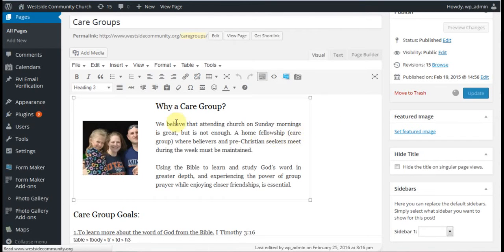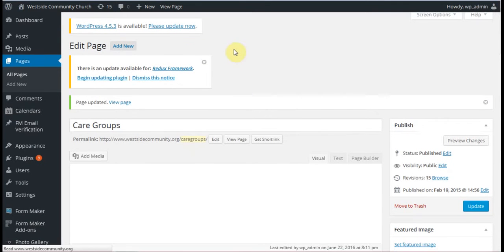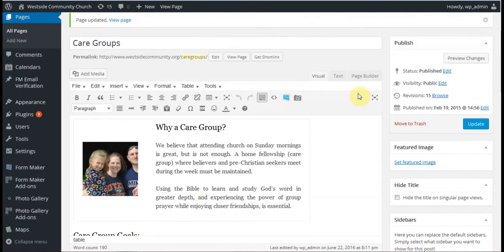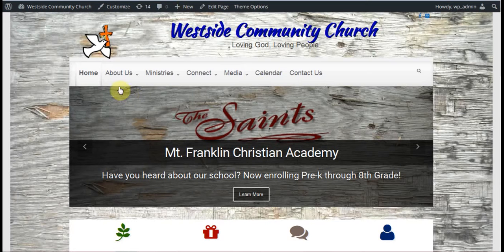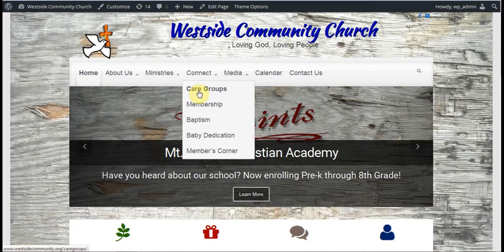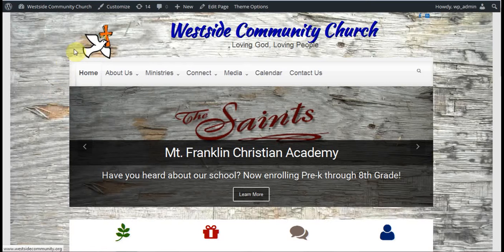And there's a lot of new things that are going on that I have not taken advantage of yet. For example, featured image of the page. You can set a featured image. Basically what that does is when you go to the page, let's say connect care group, so here's the page. I went to a different tab. When you go to the page, it'll have the title of the